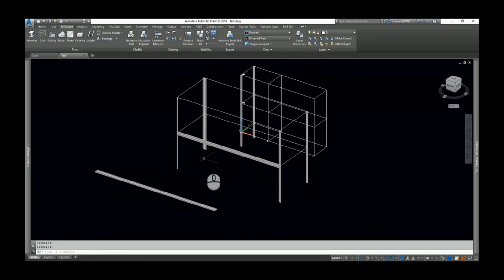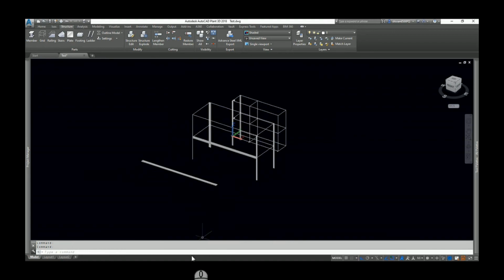So in this video we saw how to create and place a structure member with different structural sizes and shapes. If you have a grid section, or if you don't have a grid, we can simply place with the help of polylines or even without polylines. So hope you understood, and